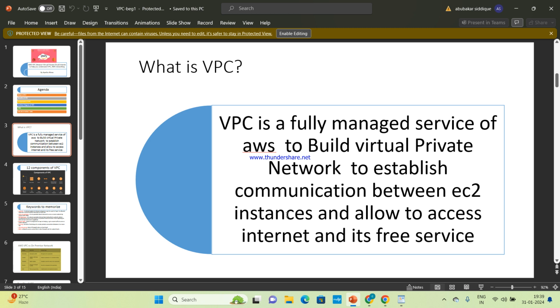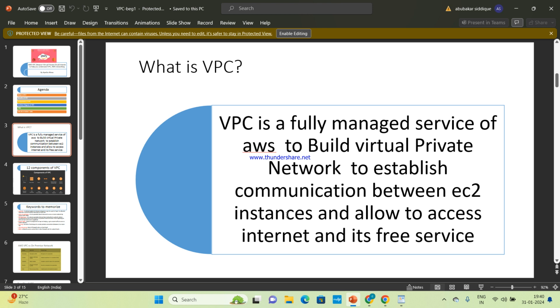How do we browse after doing website hosting? By using the public IP address, right? If we browse with the public IP, then the public can access our website. So it is because of the VPC network. Clear?